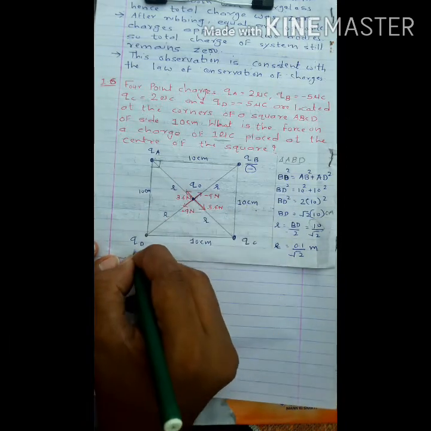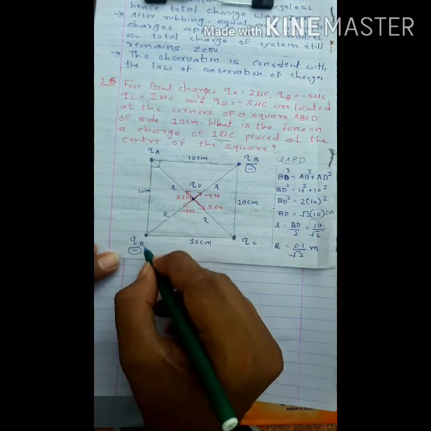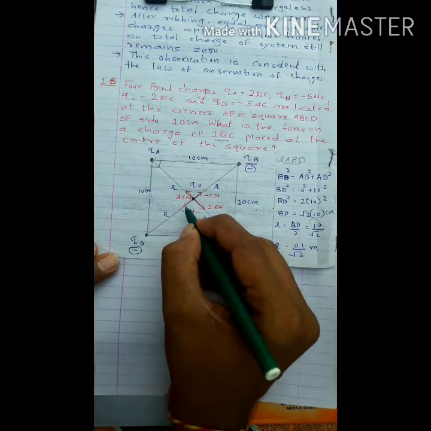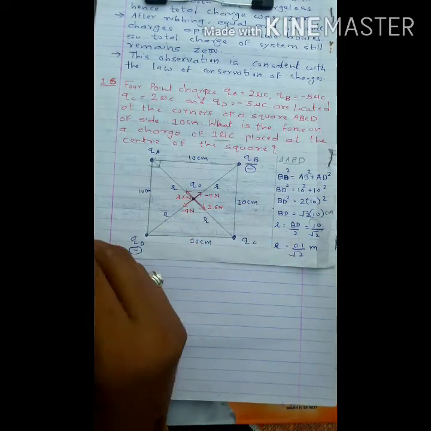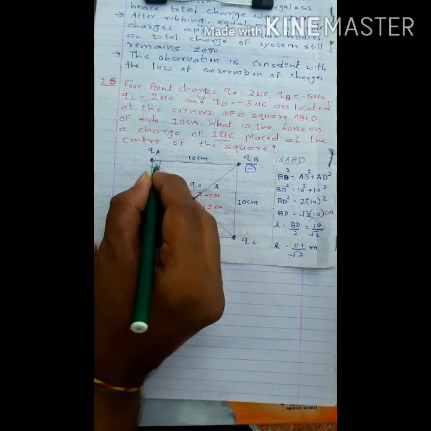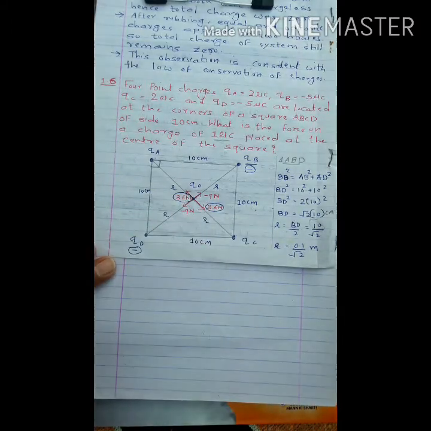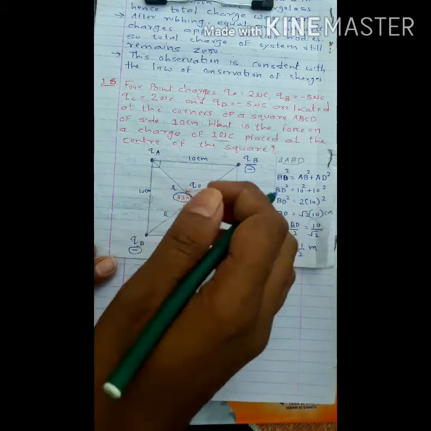And we have the last pair, okay, QD and Q0 charge. Again QD is a negative charge, so the direction of F4 is towards D point. So see this figure very carefully. We have 3.6 Newton force in this direction, and we have 3.6 Newton force in totally opposite direction. So these two forces will cancel out.